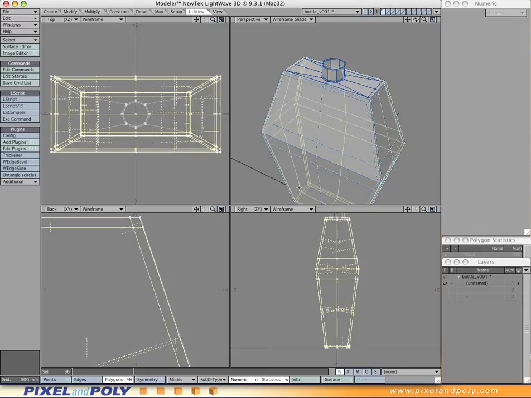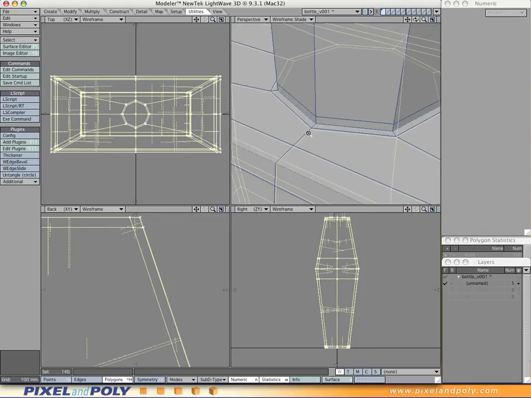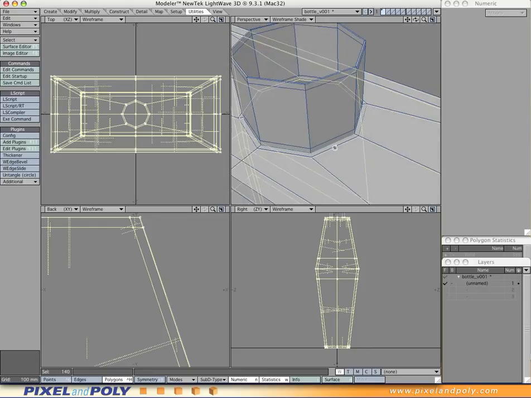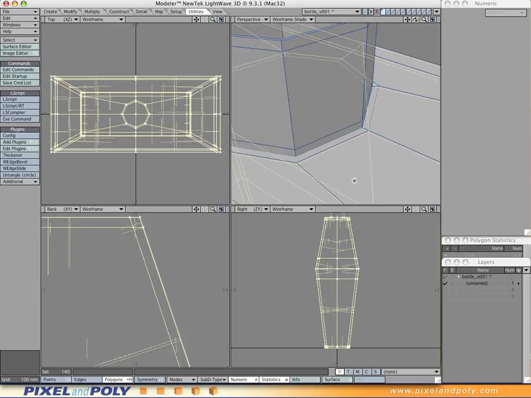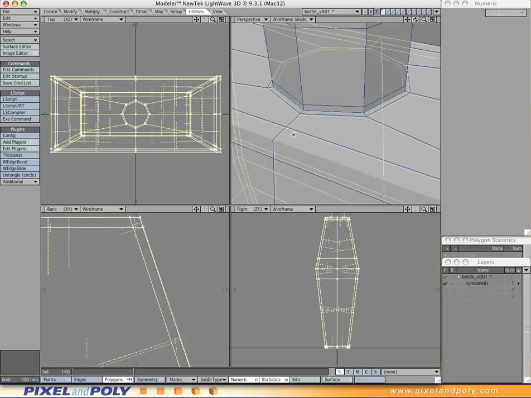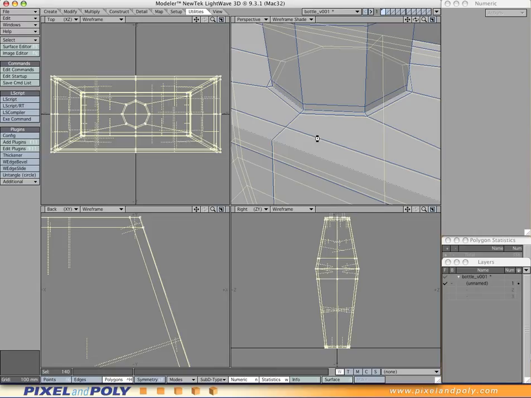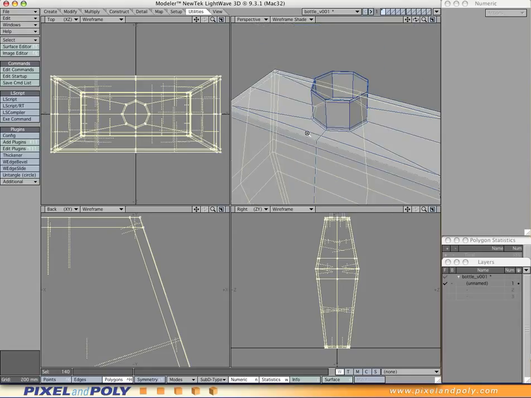And I'm going to do that until we have all the geometry that we wanted. I'll do one more. And again, this is on the inside of the bottle, so you're seeing some lines that are doubled up. If you go too far with the shift close bracket, the shift open bracket will subtract the geometry one by one. So now that I have basically the inside of the bottle, not including the inside of the top part